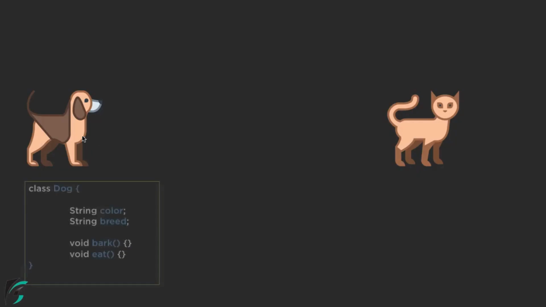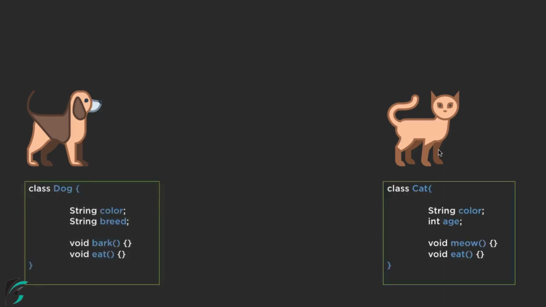Suppose we have a class of dog. Now as said we can create class of anything. So here we have a class of dog and cat. Now within the class of dog we have string color, string breed and few functions such as bark and eat. Similarly within the class of cat we have string color and age and also few functions or behavior such as mew and eat. Now if you notice within these two classes we have something in common such as the behavior eat is present within both the classes, such as here and here. Similarly, the string color is present in both the classes, such as within the class of dog and here as well we have string color.